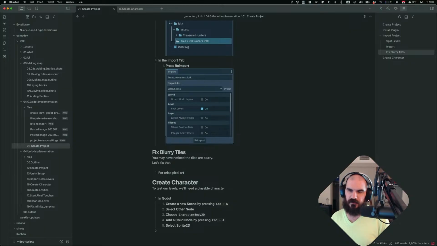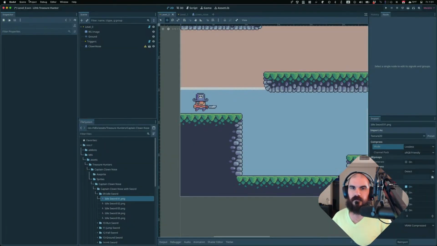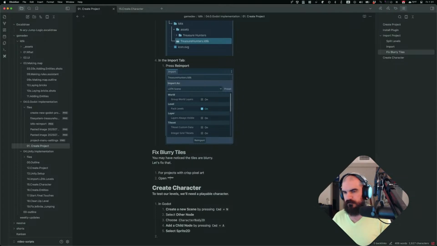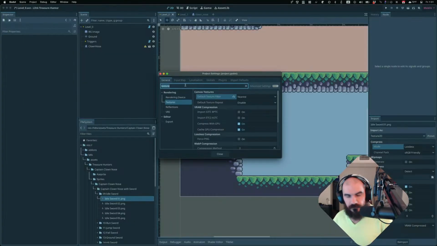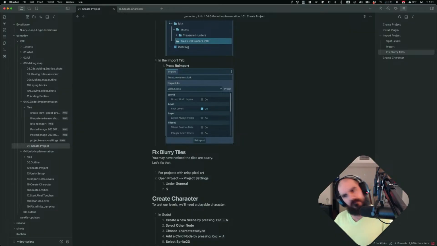Crisp pixel art. Projects. Crisp pixel art. And project settings. Project settings. Under general, search for